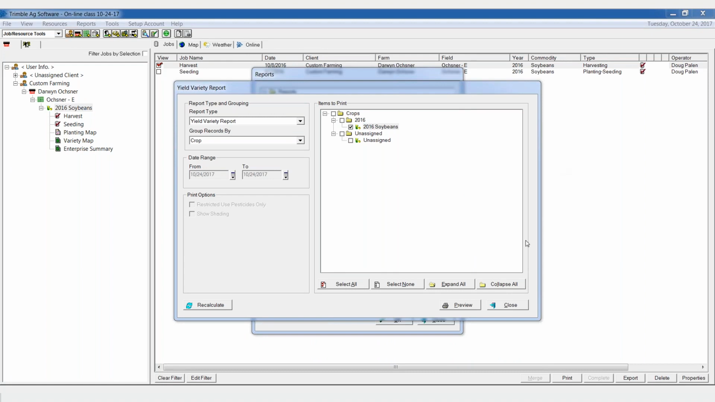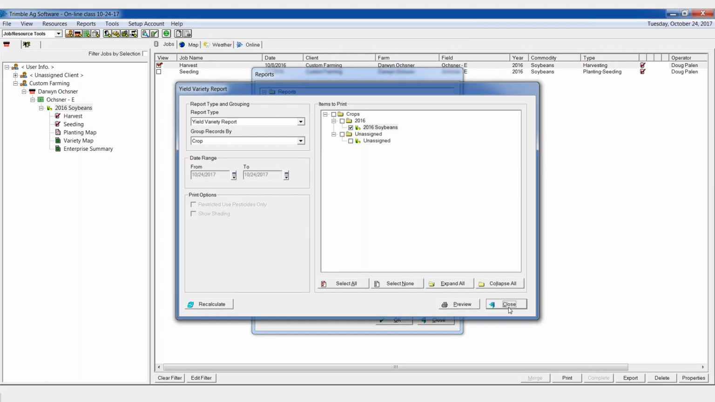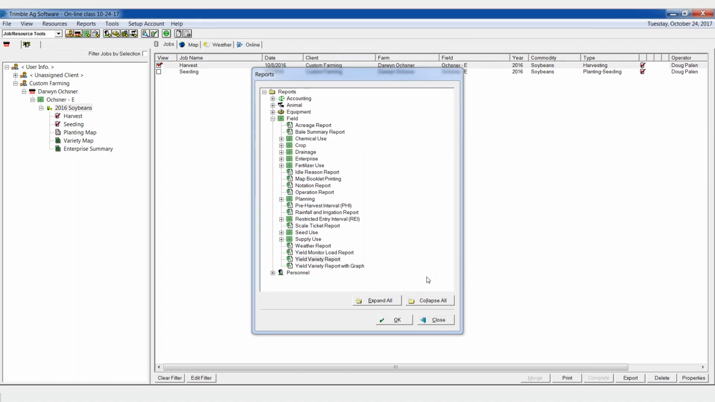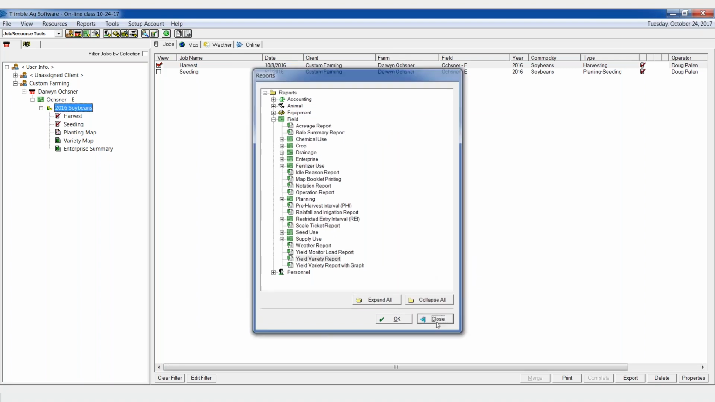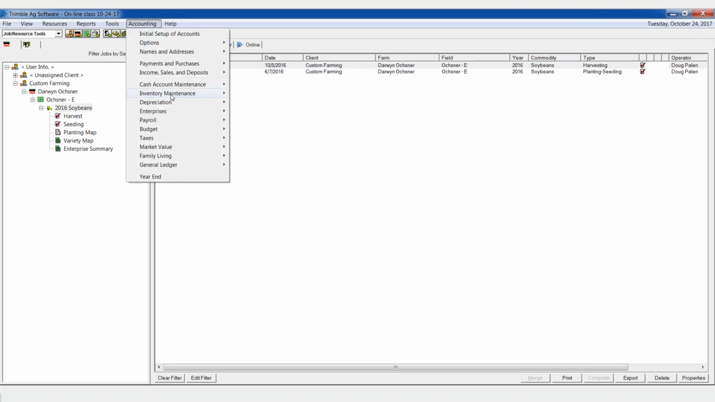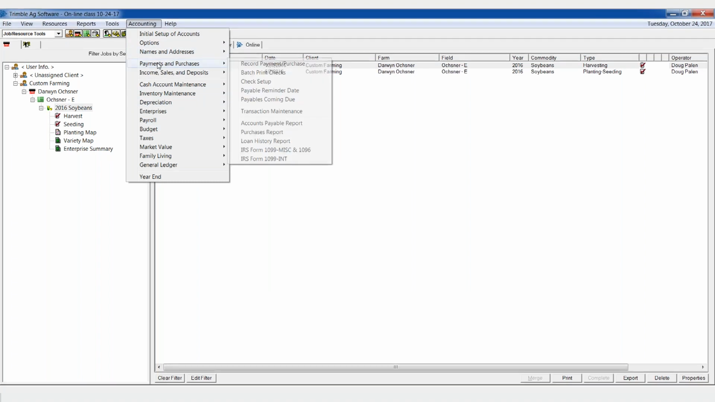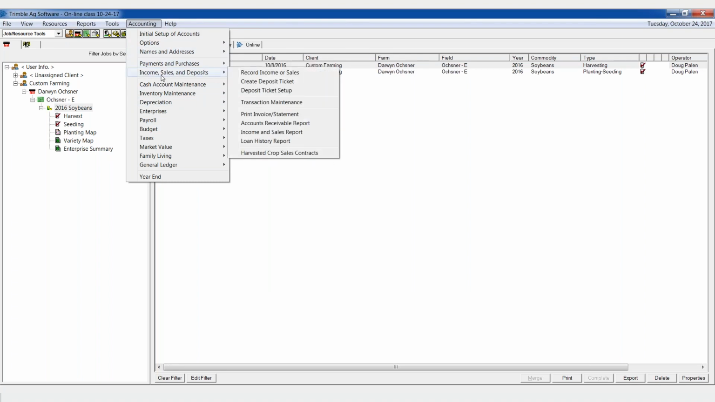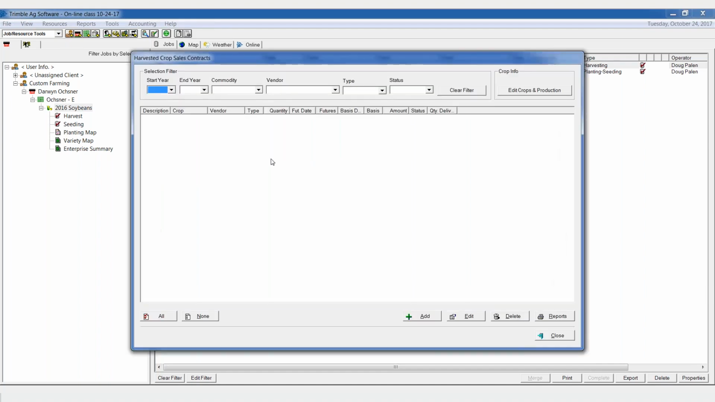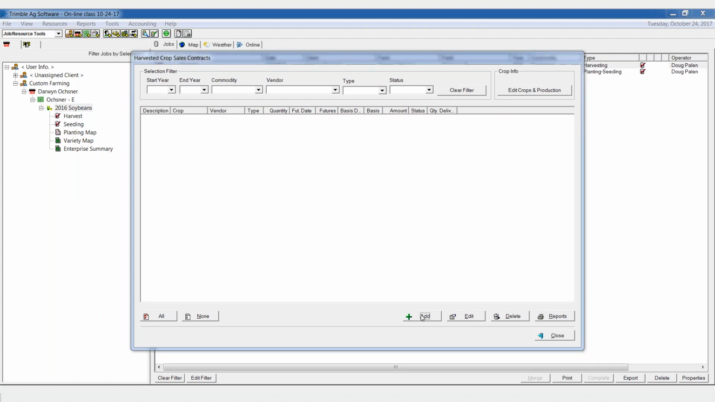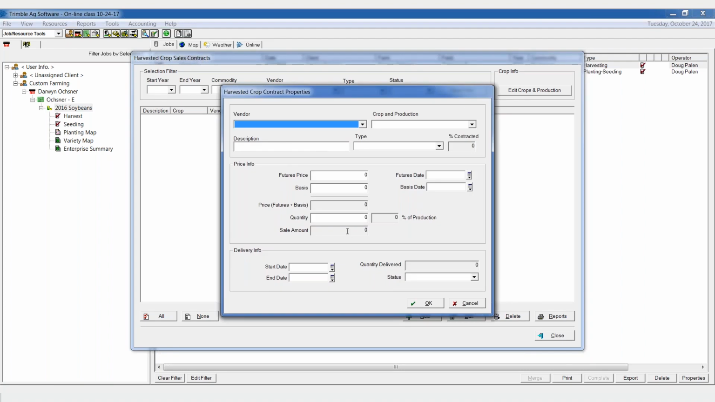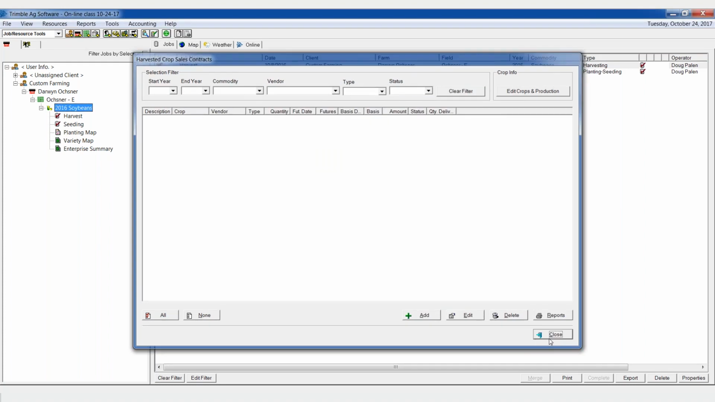Then I guess the last thing that I'm going to spend a little bit of time with here is for those folks who do have the advanced accounting, where we can go in and manage those contracts. To set up a contract, we're going to go under the income, sales, and deposits, and then our harvested crop contracts. And this is where we're going to be able to enter in information on the contracts. But the contracts can be set up within here, simply as adding the vendors, enter in your contract information there,